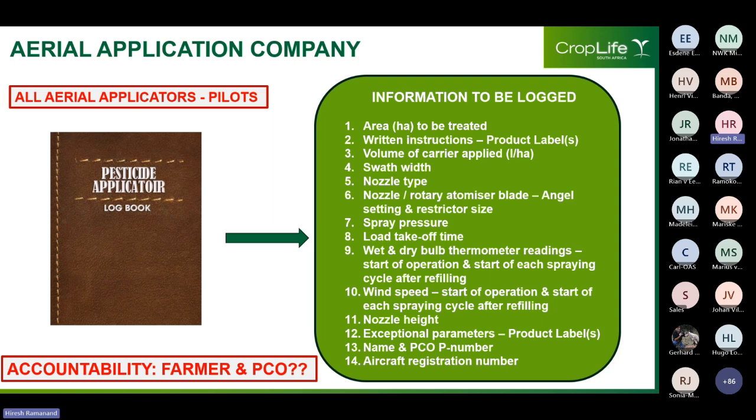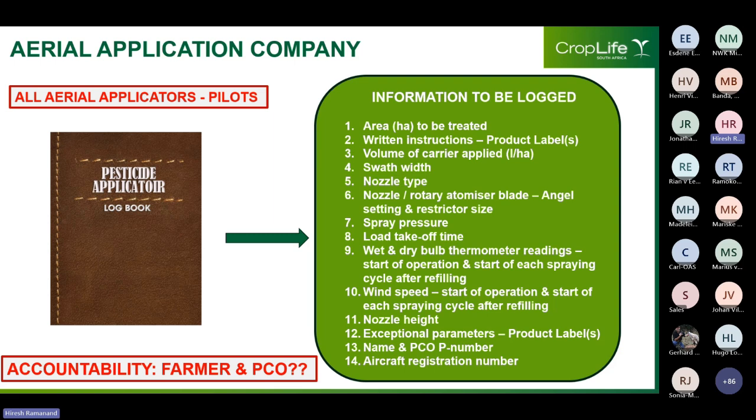So let's have a look at what the requirements are here. Firstly, the area to be treated in hectares. The written instructions according to product label, which is usually provided by the farmer producer that was received from their distributor or crop advisor. Volume of carrier applied per hectare, the swath width, nozzle type, nozzle or rotary atomizer blade,